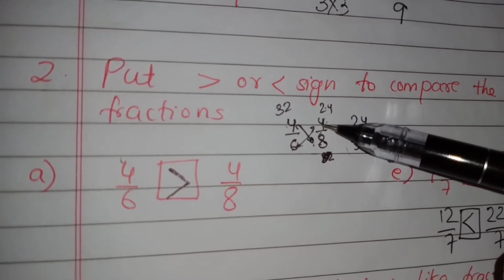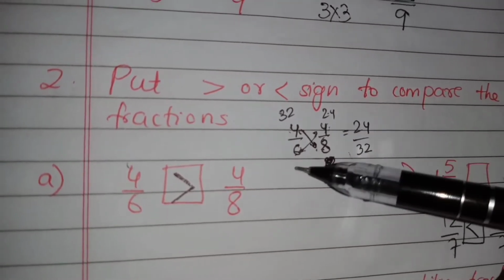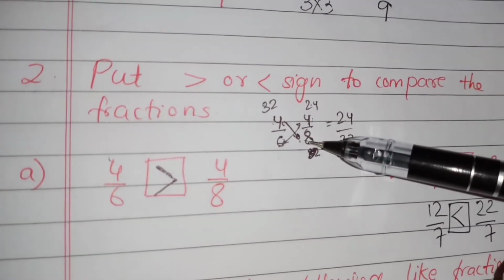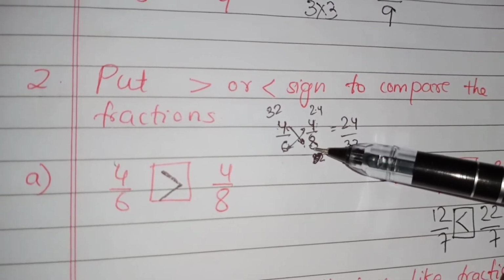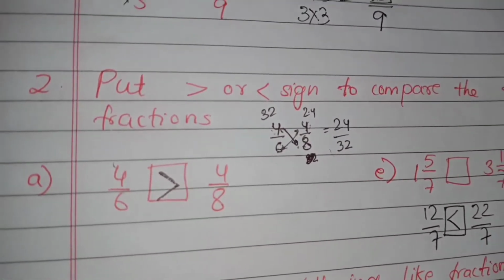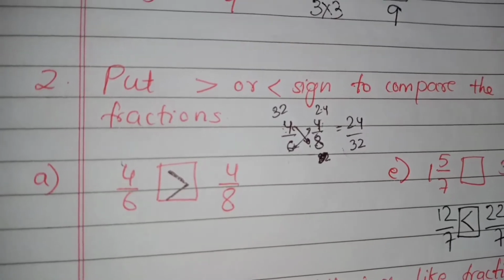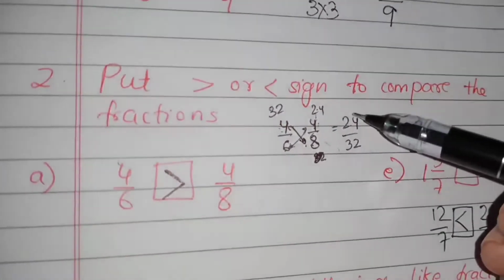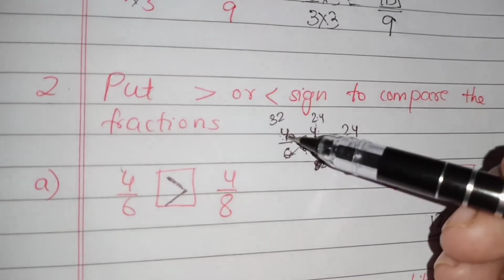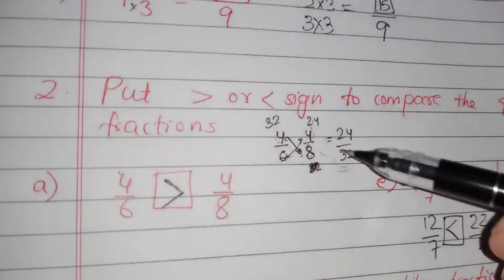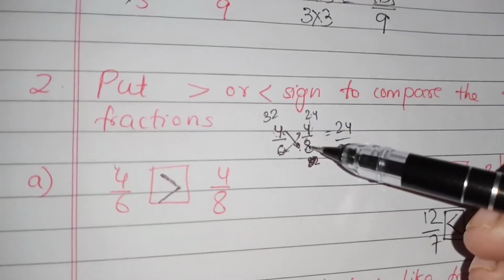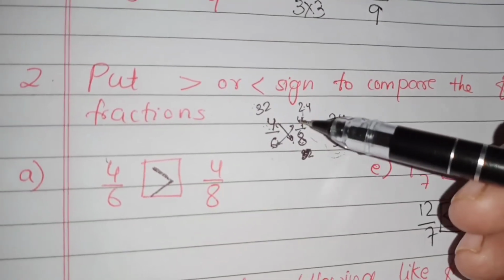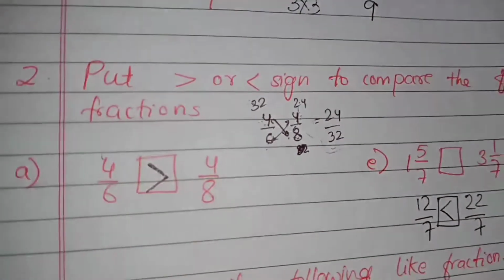Of the second fraction, the numerator you will multiply by the denominator. And for this one, the second fraction's denominator you will multiply by the numerator, and you will get the answer. This numerator into denominator you will write here, and denominator into numerator you will write here, and you will see whether it is a proper or improper fraction. Or you can do comparison in this way also: 8 4s are 32, and 4 6s are 24. In this way also you can do.